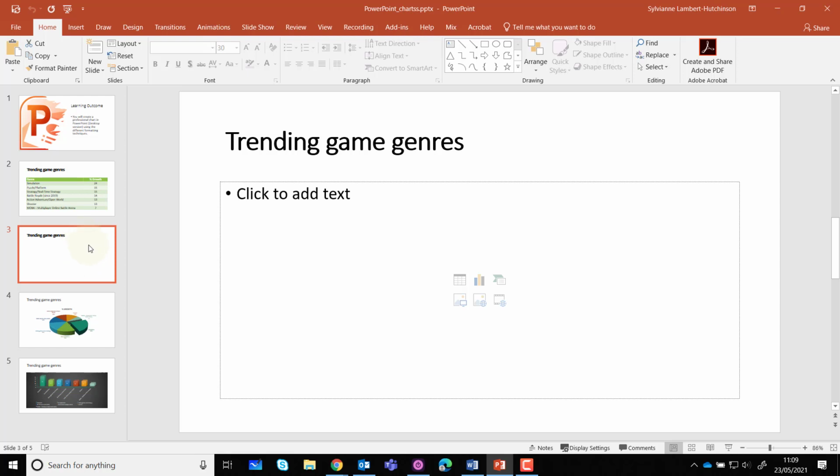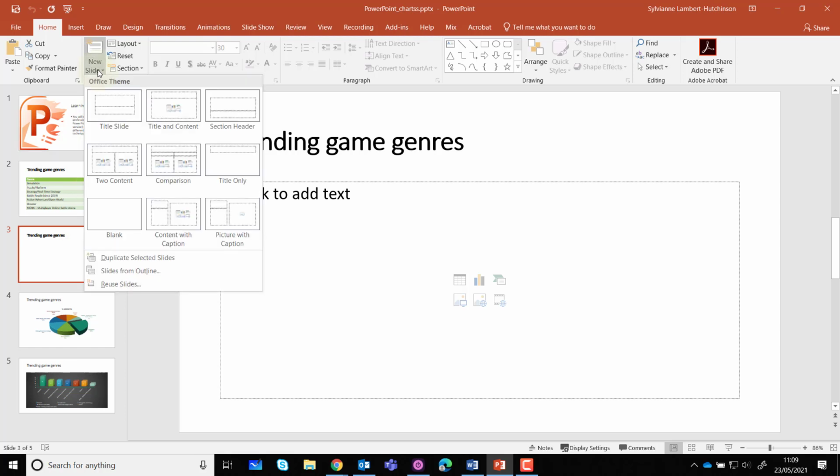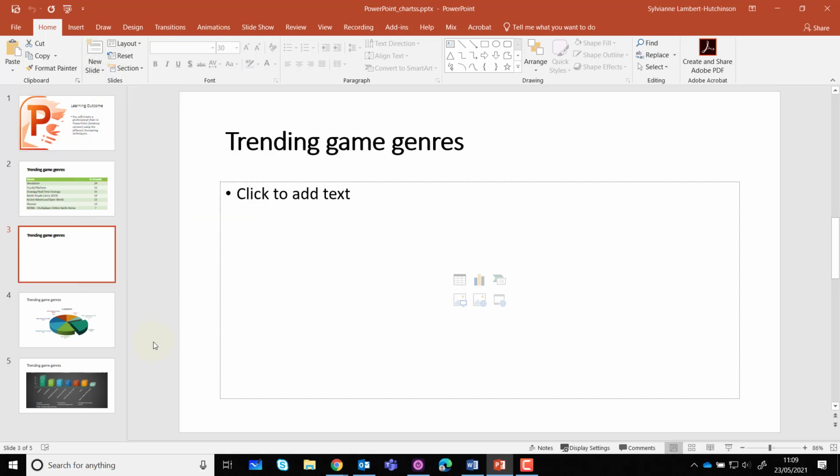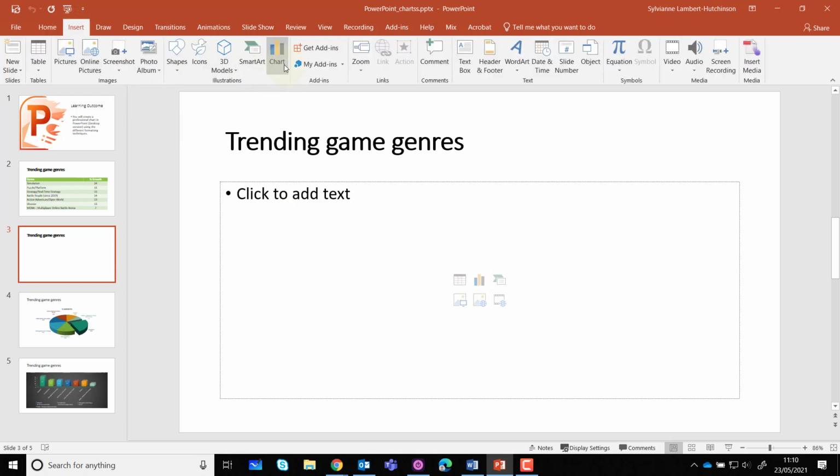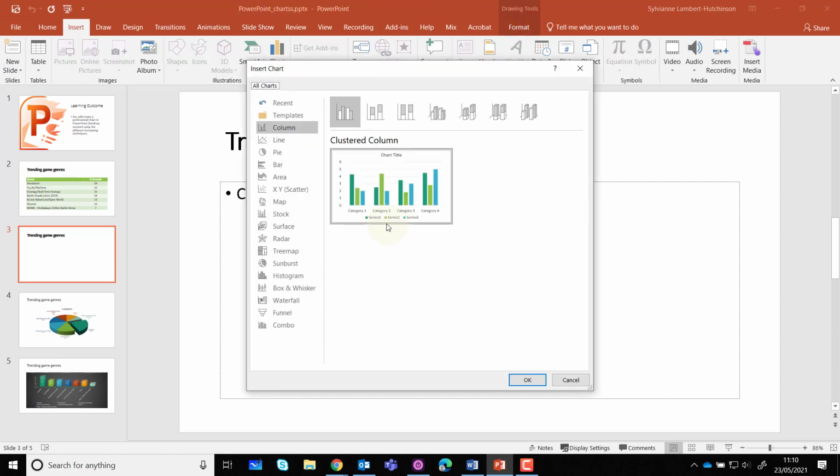So I've got a brand new slide here, and this was done through New Slide and Title and Content. Again, you've got a couple of ways of putting a chart into here. Within the box there's a little Insert Chart option, or you can go to Insert and Chart. So I'm just going to click on the Chart option here,